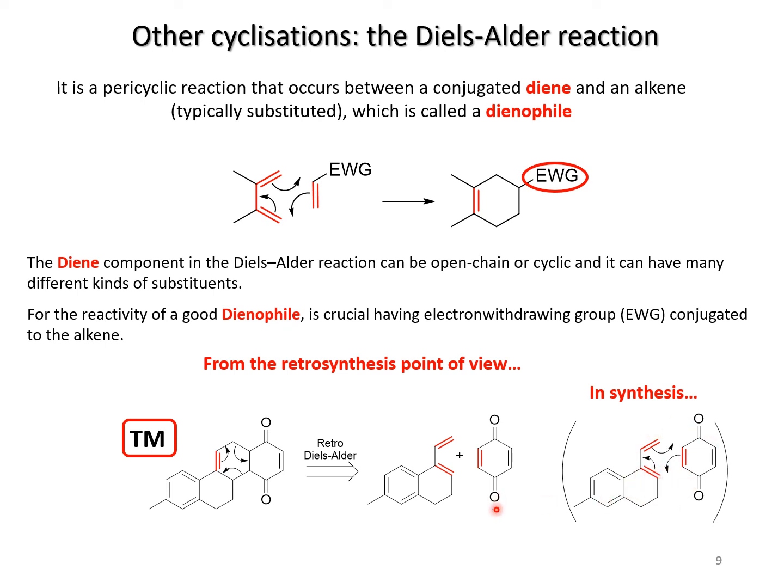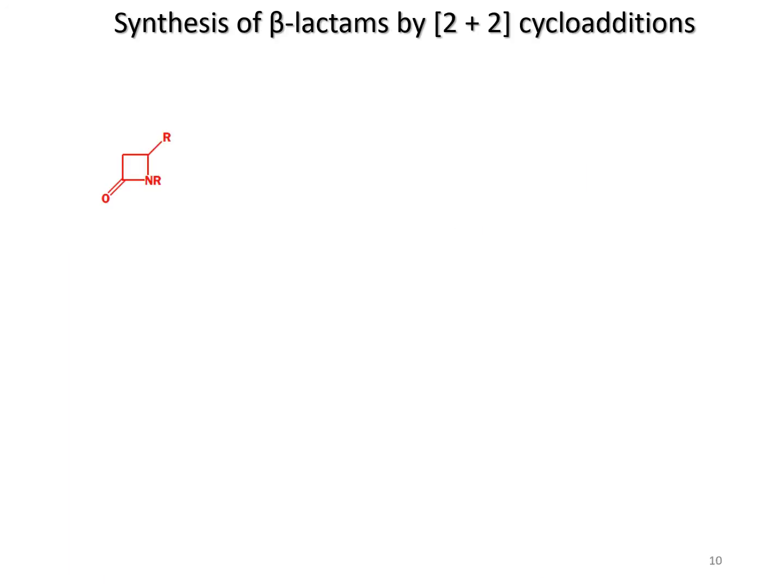But for the moment, let's say that we can move the arrows so that we can isolate this diene, which can be very good for a Diels-Alder reaction, and the dienophile is also good because it has two electron-withdrawing groups, so we can imagine that this reaction will work very well. It's very useful working on this kind of Diels-Alder reactions because you will encounter quite a lot in different kinds of retrosynthesis. The last example that I would like to discuss with you in today's video is the synthesis of